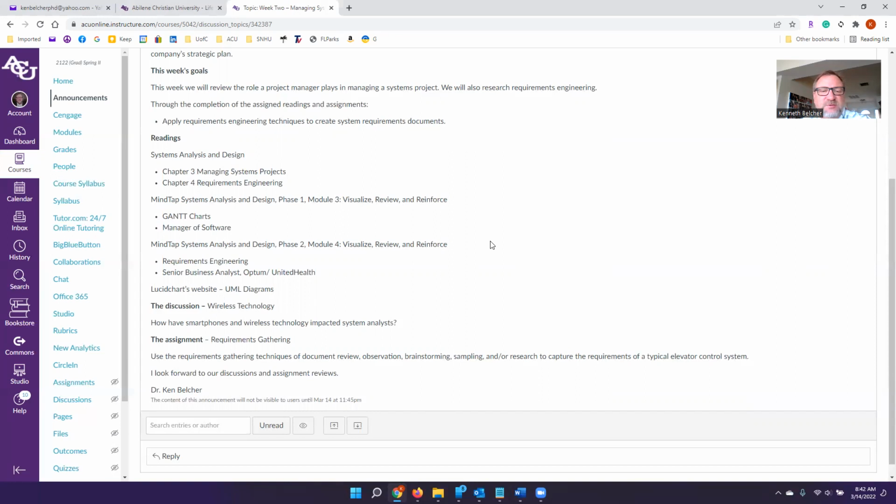There are various tools you can use for UML diagrams as you capture requirements, and even as a developer, the more tools that you're used to, then when you go to work at a particular place, or as you're working there now, they'll have a toolkit that other developers and project managers will be using. Then we'll have a discussion on wireless technology and how wireless technology and smartphones have impacted our